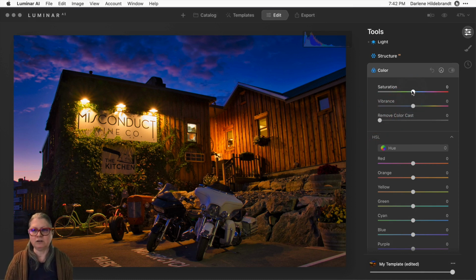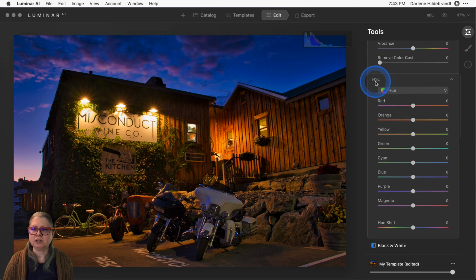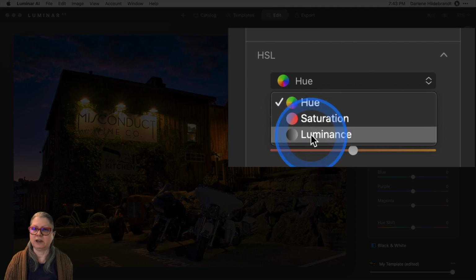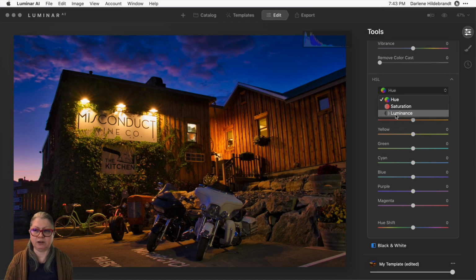If you're not familiar with the difference between saturation and vibrance, refer to that photo editing terms video again. But the short answer is saturation is the intensity and it applies equally to all colors in your image. Vibrance applies mostly to already subtle or muted colors. So I'm going to bring the saturation down overall just a little bit. And then I'm going to go to this bottom part. So HSL stands for hue, saturation, and luminance. Okay, if you pull down this little menu, luminance is equal to lightness or brightness.